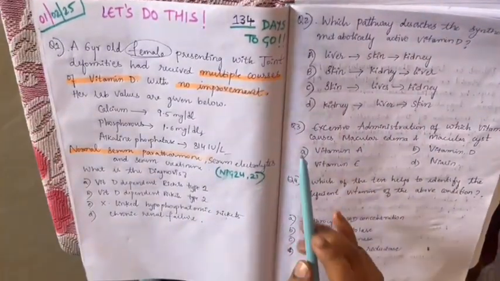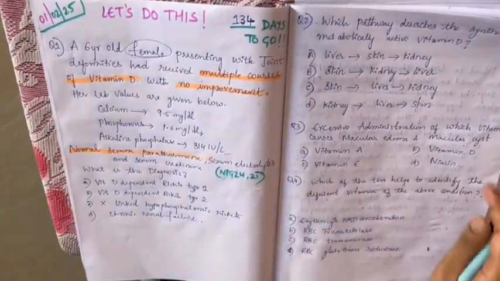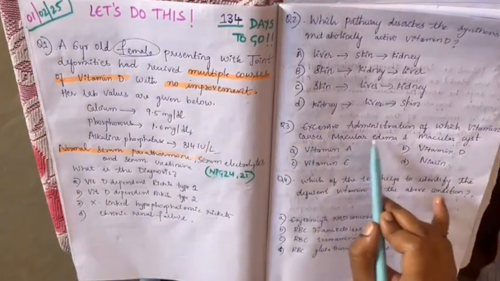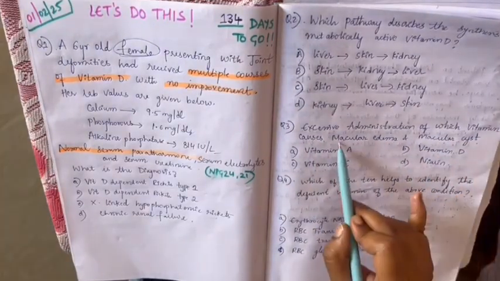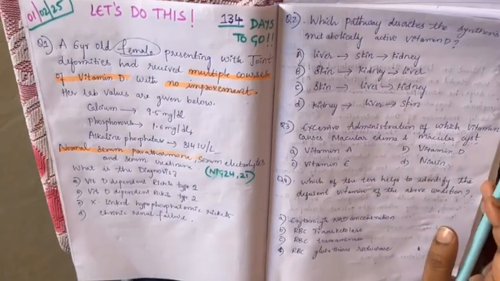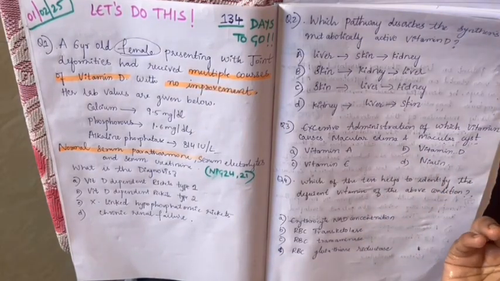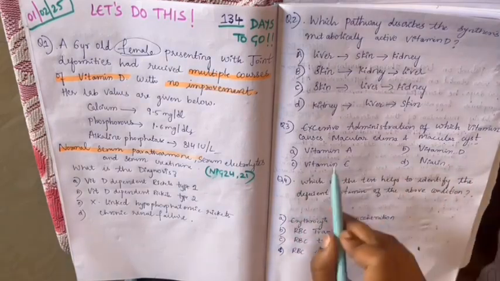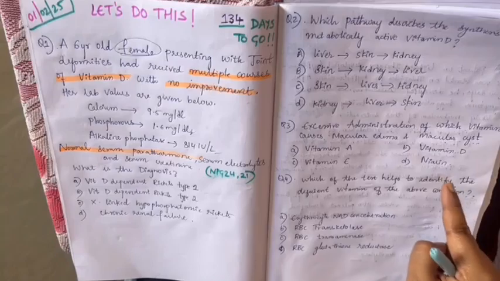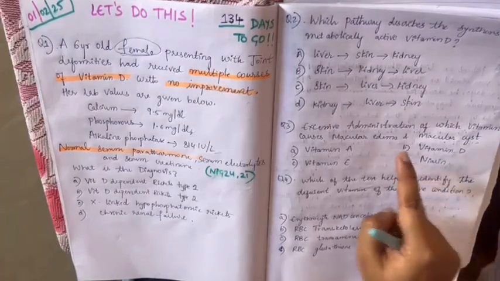So coming to the third question, which is a tricky question, let's read this. Excessive administration of which vitamin causes macular edema and macular cyst? Whenever we think of macular edema and macular cyst, we think of some eye related things, so it might be vitamin A. We quickly come to an answer, but the answer here is not vitamin A, it's niacin. Niacin, when given in excessive